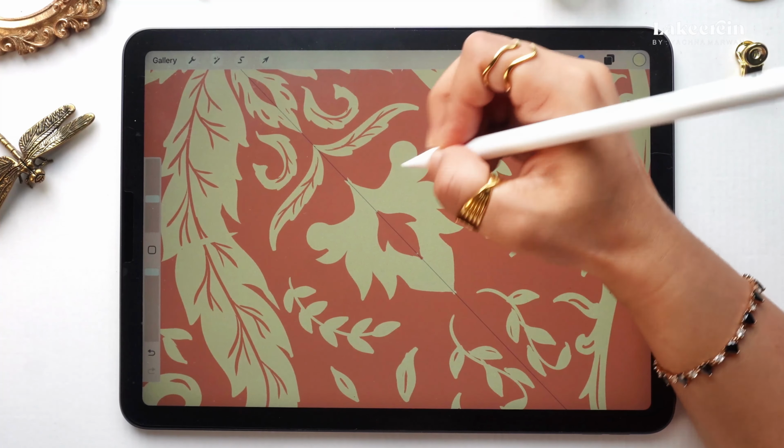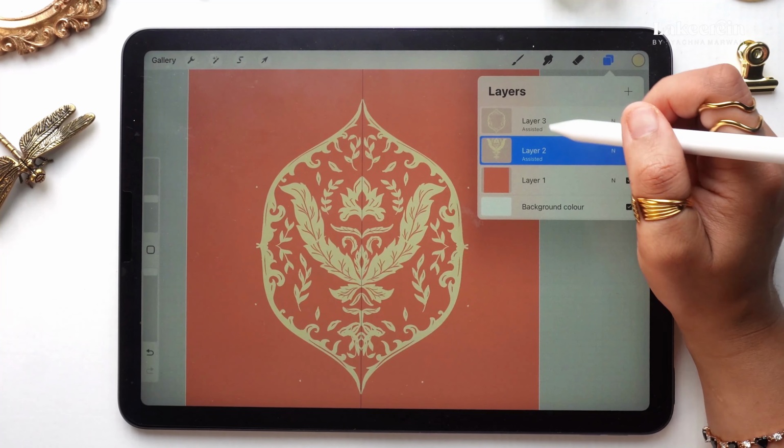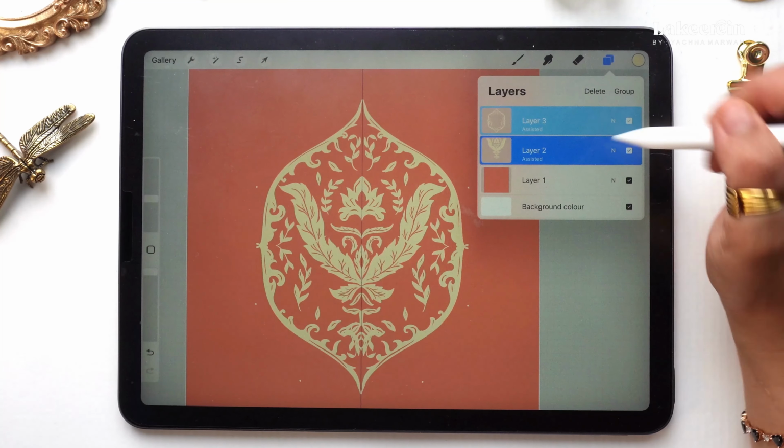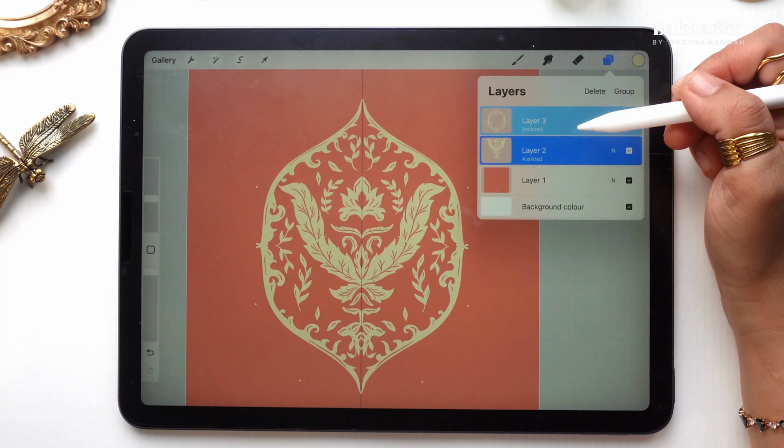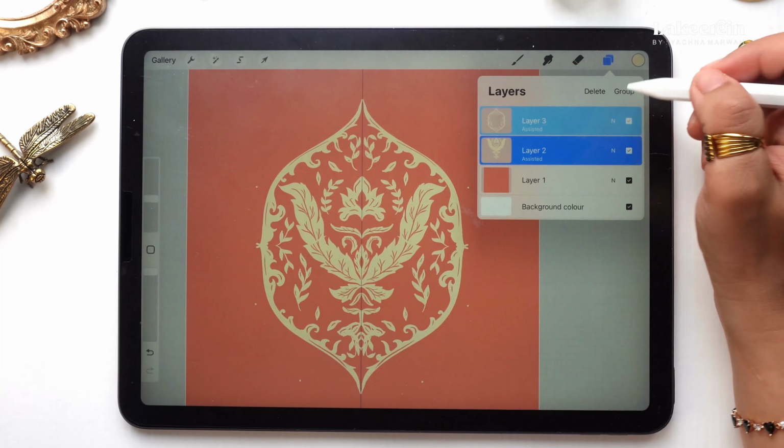So we are done with this part where we have layer 4 and layer 3. Now I'm just going to select both the layers. So for example, you're in layer 2, you swipe right the other layer, so both of them turn blue now, and I'm going to put this on group 1. You just tap onto the group, so a new group will be created.